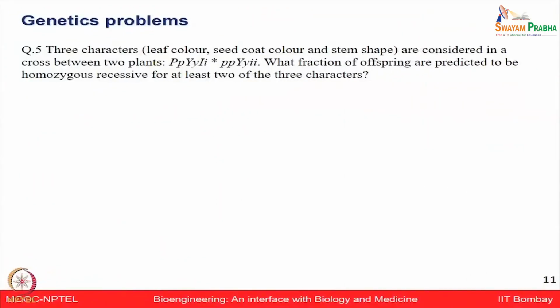Three characters, leaf color, seed coat color and stem shape, are considered in a cross between two plants, capital P small p, capital Y small y, capital I, crossed with small p, capital Y, small I. What fraction of